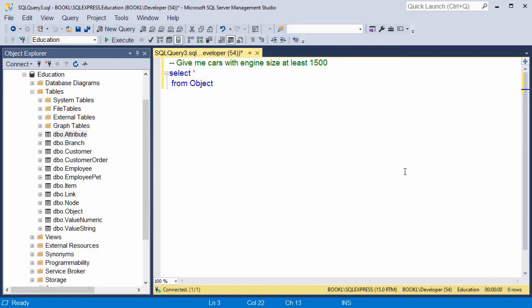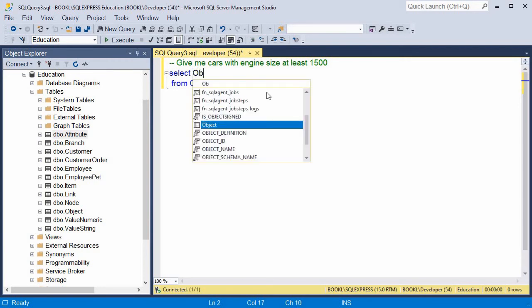And a query would be something like, give me all cars with engine size at least 1500. If we were storing this object in a separate table, we would run a simple select statement. We can actually run this query against this versatile structure as well. It's simply a little bit more complex query, but let's write it anyway. So we start with our usual select statement template. We're selecting something from object, and what we will be selecting is actually the object name. We need to know which object,